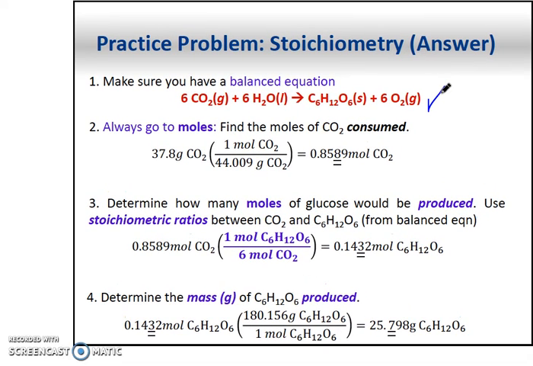Now we are balancing this equation. We have to look at the stoichiometric ratios between the two components that we're interested in, in this case, according to the problem, CO2 and glucose. So the stoichiometric ratio is going to be between these moles, 6 moles of CO2, and the moles of glucose, that in this case is 1. So the stoichiometric ratio is going to be 6 to 1 or 1 to 6. According to the